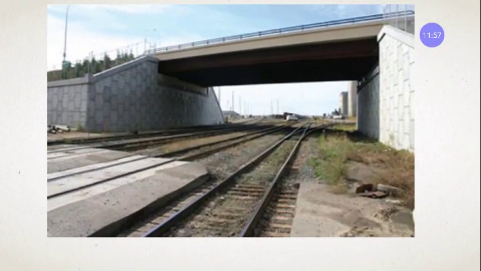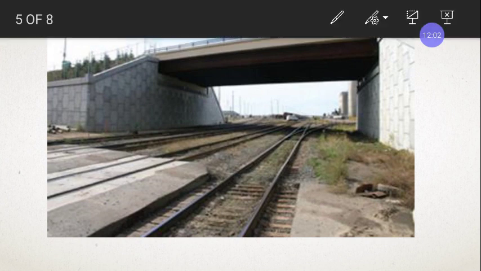This is an example that I was trying to say to you. Suppose previously there was a road here, going from here to here. In that case, what will happen? During the movement of trains, we have to stop the movement of vehicles, because we cannot make trains stop for the movement of vehicles. So whenever the train is moving on this line, the vehicles are to be stopped.